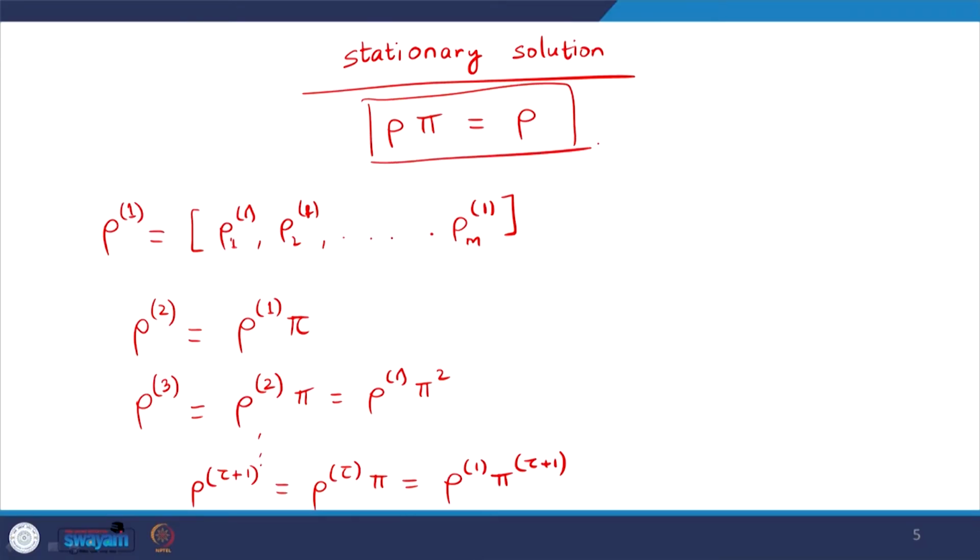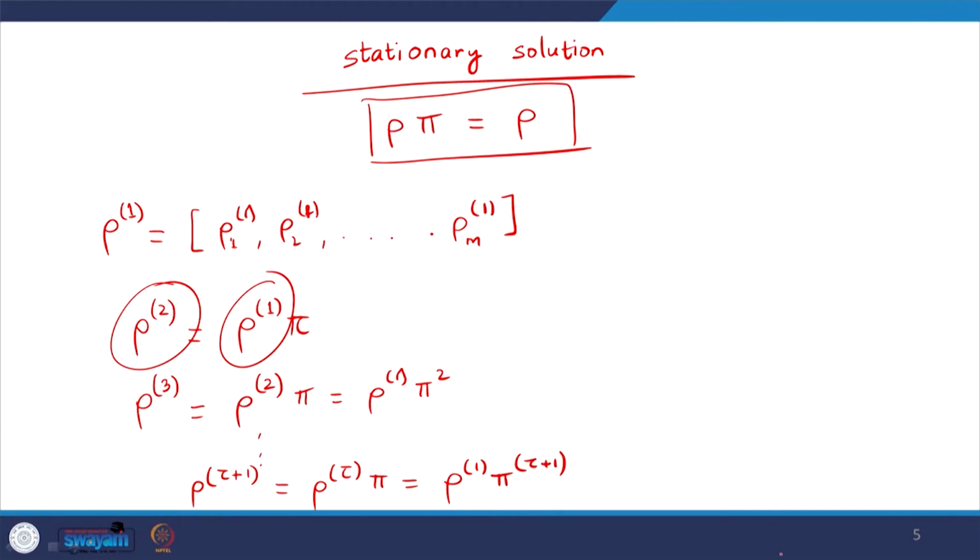So, rho should eventually converge to a stationary solution, because as long as that does not happen, we cannot say that we are at equilibrium, because equilibrium is defined as the stationary state. That is when the probability densities do not change, right, and therefore, the condition to get that is simply rho pi is equal to rho,